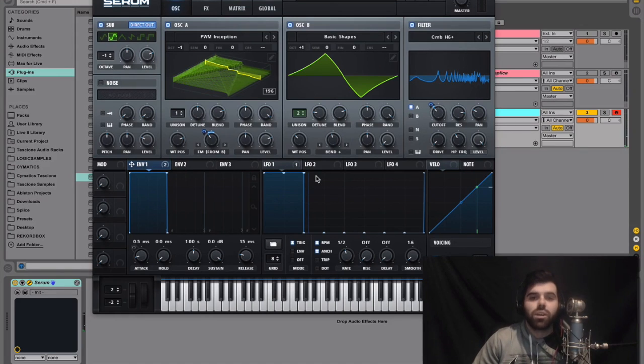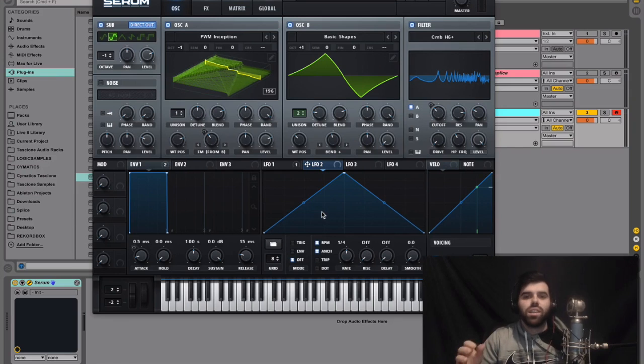All right, so now we're going to get into the beef of it, and that is this second LFO. This is going to be moving like 7 different things and really creating the whole movement for the track. All right, so let's make this LFO 2 shape. So this phrase is going to be a half bar long, and we are going to select trig because we want this to restart every time a new MIDI note is pressed.